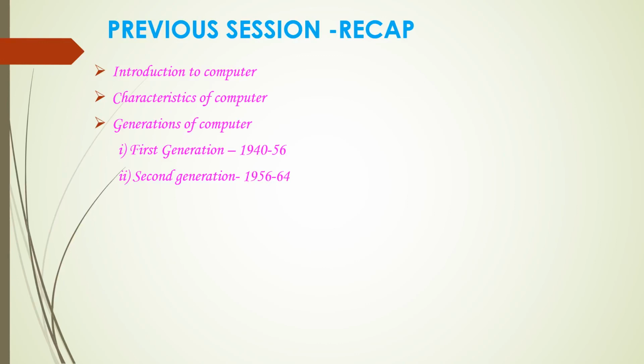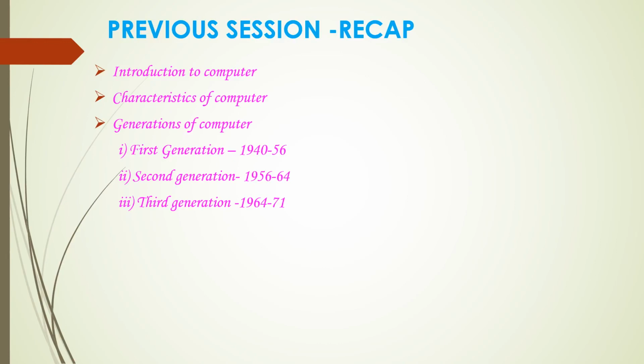In the second generation computer, we used IBM, International Business Machine 1401, as well as IBM 1620, Univac 1108. Then in the third generation computer, the year calculation is the same as for the second generation. Likewise, the third generation's duration gap is also 8 years. How many years? 8 years.